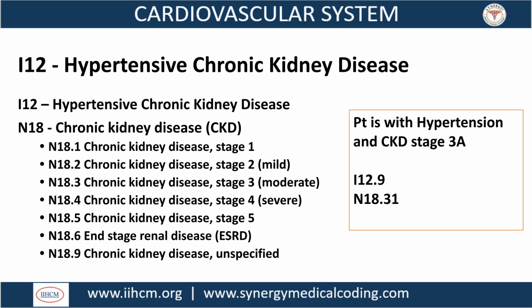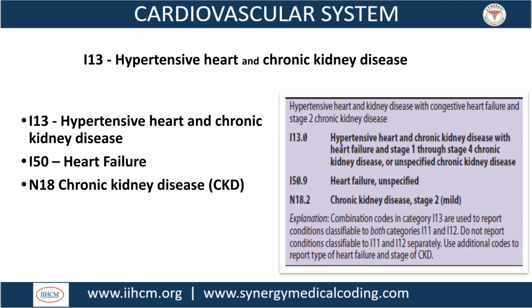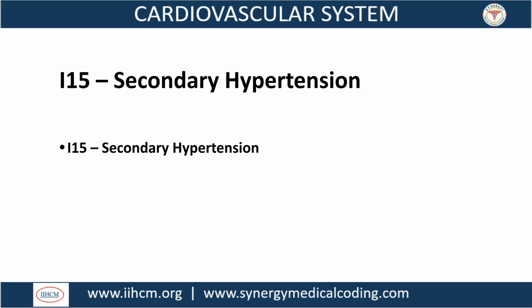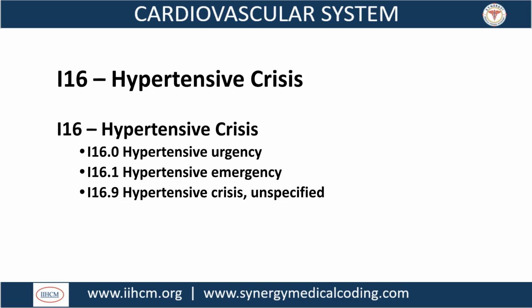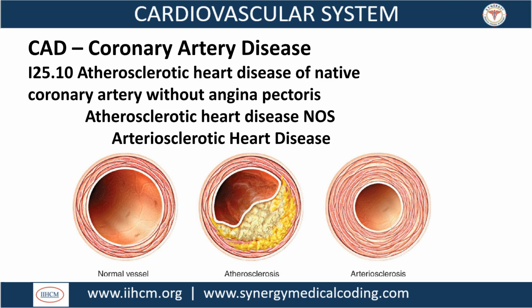kidney disease, such as N18.31 for stage 3A. I13 is for hypertensive heart and chronic kidney disease, requiring codes for I50, heart failure, and N18 chronic kidney disease to be used concurrently. I15 is the code category for secondary hypertension, which is high blood pressure caused by another underlying medical condition. I16 is coded for hypertensive crisis, which includes both hypertensive urgency, I16.0, and hypertensive emergency, I16.1, or an unspecified crisis, I16.9. Coronary artery disease, CAD, refers to the hardening and narrowing of the arteries that supply the